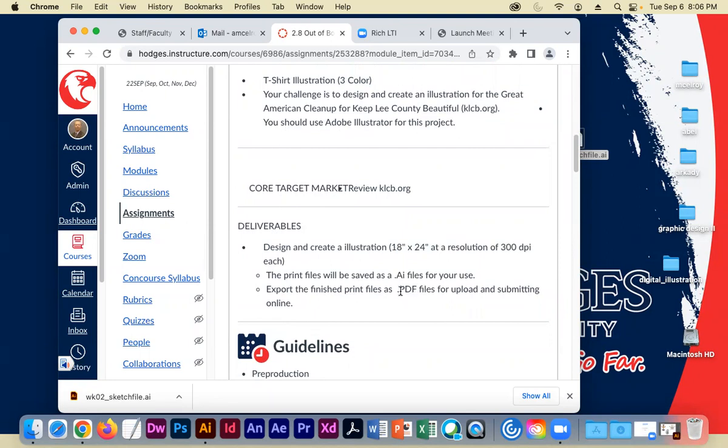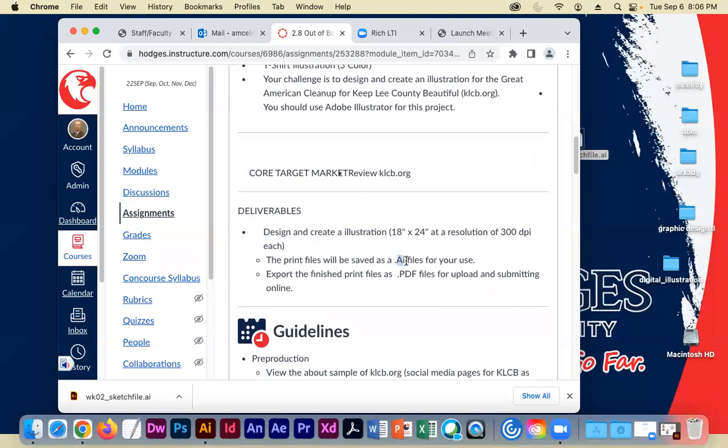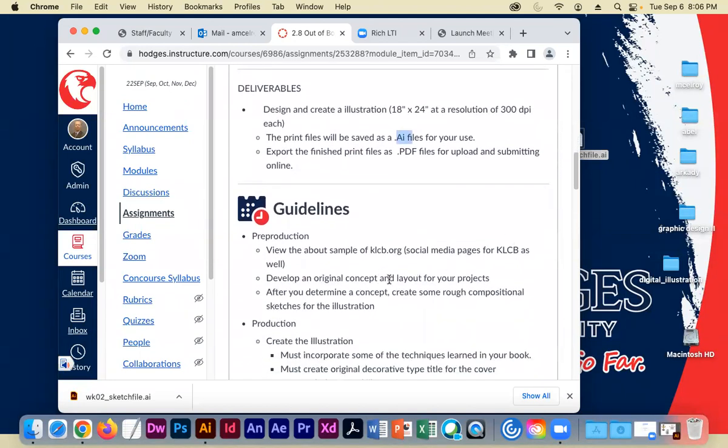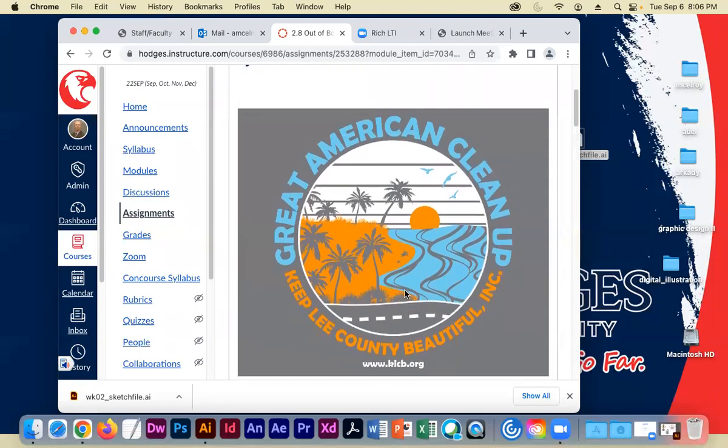If the file gets really big, and it shouldn't, you can do a file save as Adobe Illustrator PDF if you wanted to, but you can give me an Illustrator file. It should not be too big. If you go to klcb.org, you'll see the color palette. You'll learn a little bit about KLCB, and you can do Great American Cleanup and Google it, and you're going to get all kinds of images, because it is a national Keep America Beautiful event that Keep Lee County Beautiful